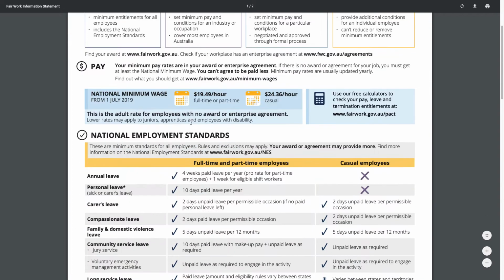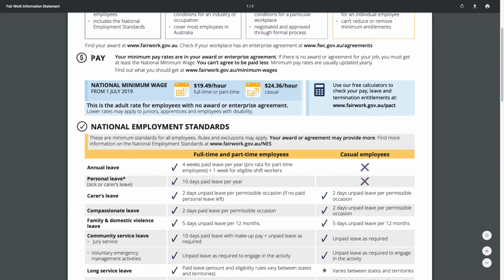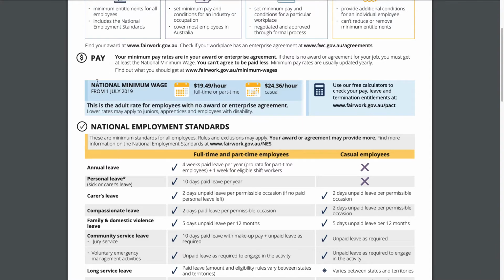We'll get started with this thing called pay. How much do you get paid? Everyone in Australia, every single person in Australia, if you are an adult, so 21 years old, and you are working full-time or part-time, must be paid a minimum of $19.49 per hour. If you are a casual adult, 21 years or older, you must be paid a minimum of